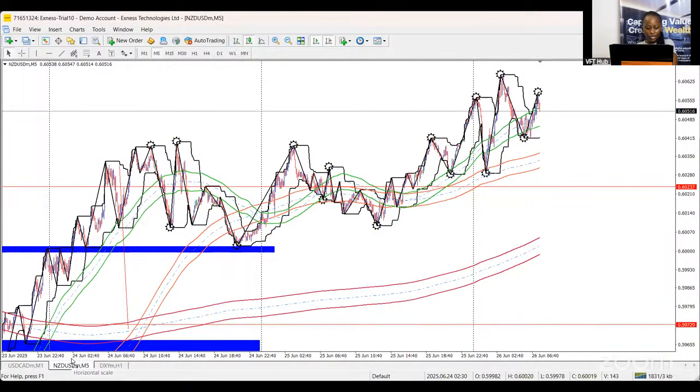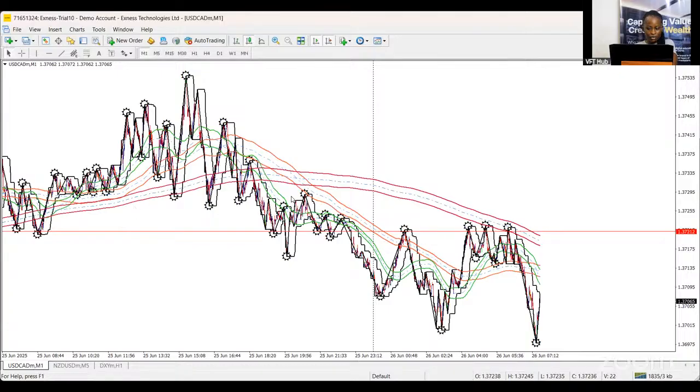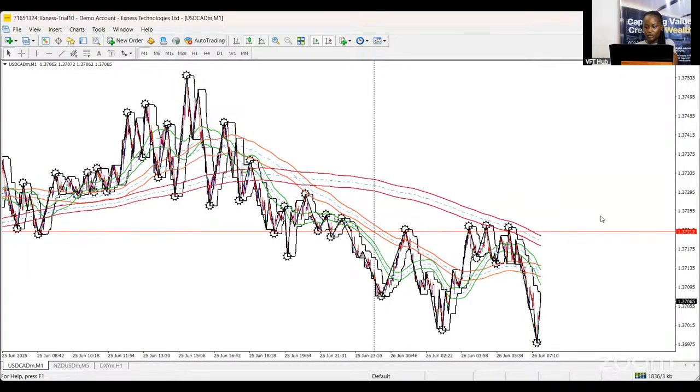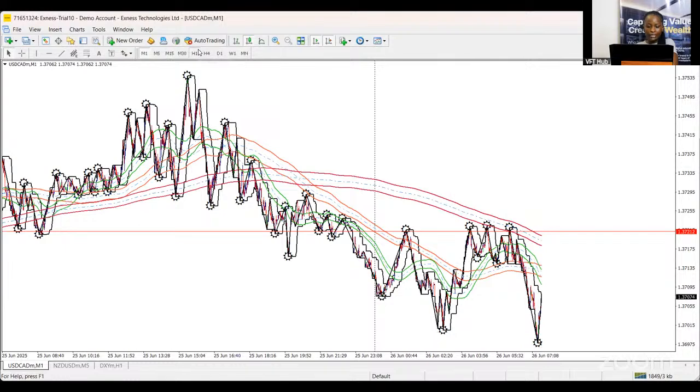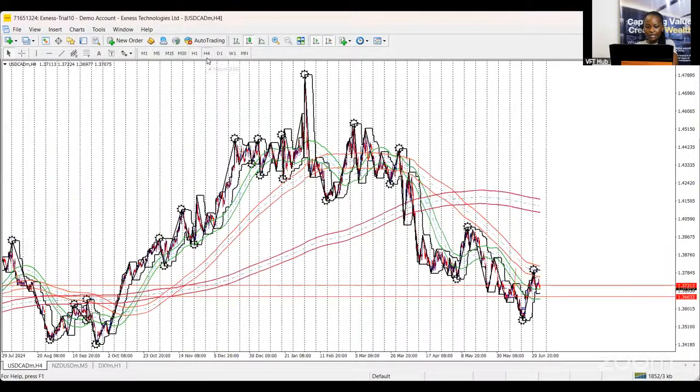We also spoke about USD CAD continuing its sell-off, and that's exactly what it did as well. This was a zone we had marked out during our last analysis, and you see how perfectly price came back to kiss that zone and dropped. So far we're on point. Everything we were looking at happening has happened. So today, what are we now seeing for today's market movement?